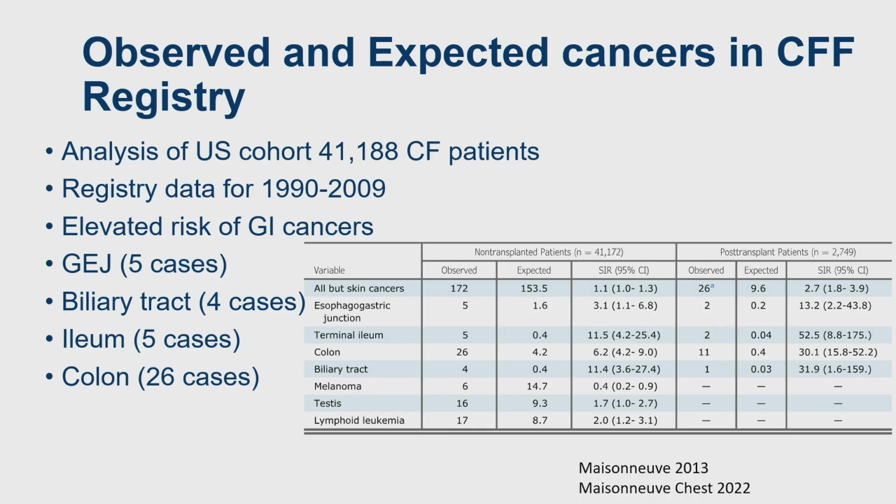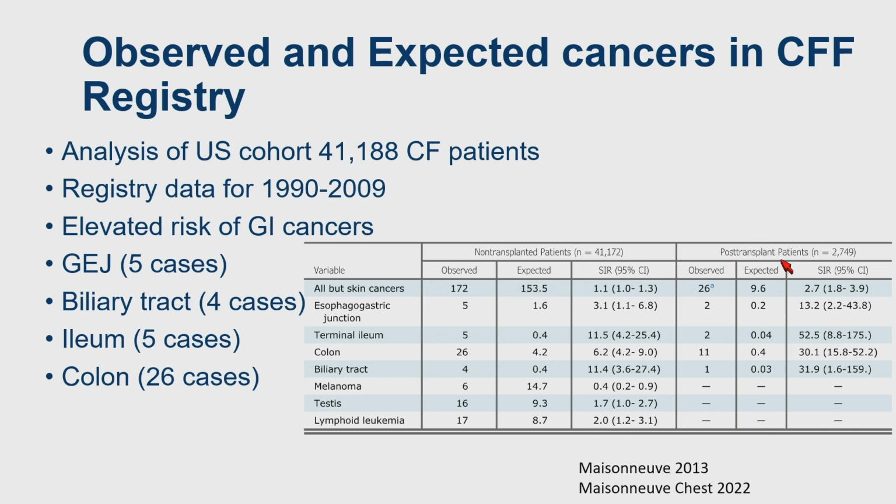So this is observed versus expected cancer risk in the CF Foundation registry. This is an analysis of a U.S. cohort of over 40,000 CF patients. And you can see the registry data is from 1990 through 2009, so before modulators. And what I want to highlight is that on the left-hand side, you have non-transplanted patients, and the right-hand side,